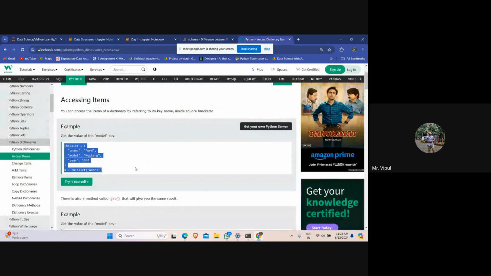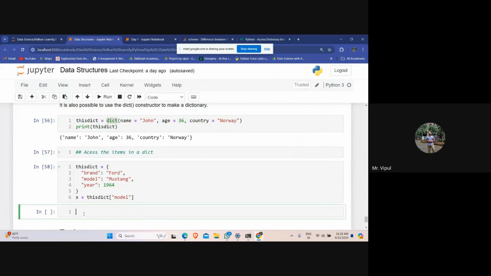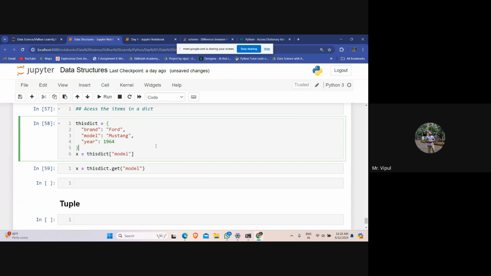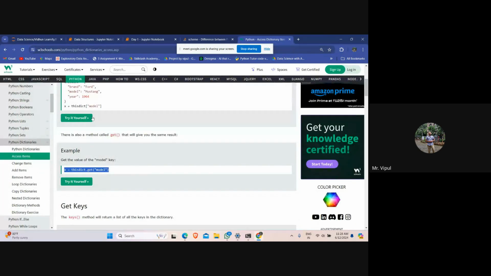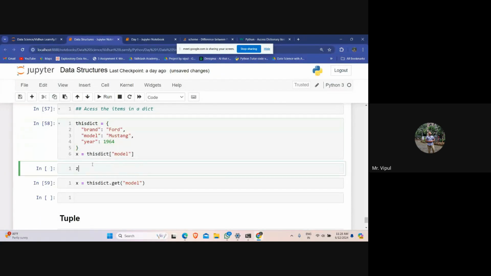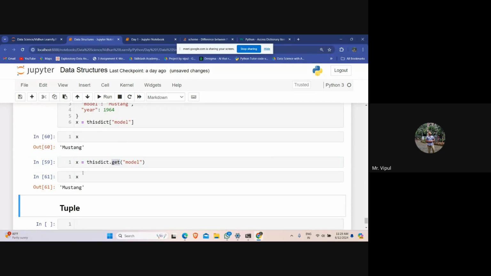Now, what you can do is write this dict dot get model. So what is in the model, you will get it there, right? If you write x is equal to this dict model, what is there in x? It is model, right? You can write get also over there. Same output you are going to get.